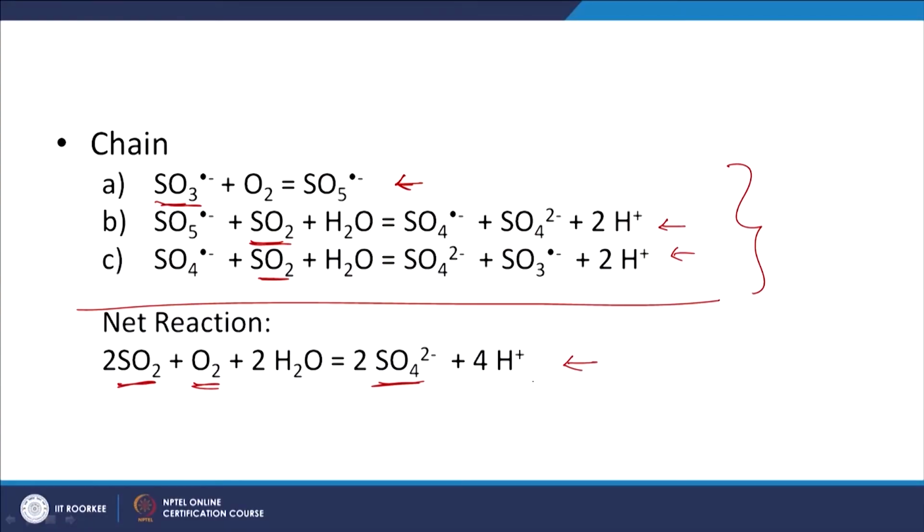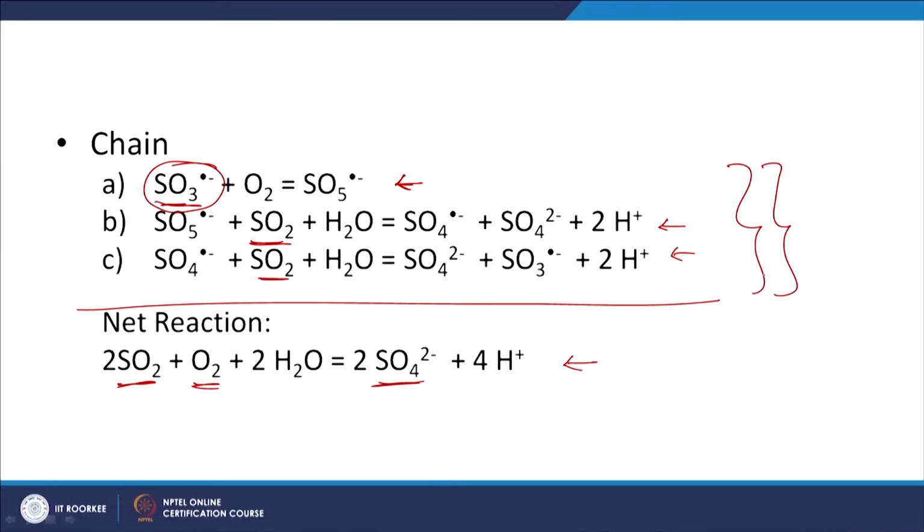And the key here is that in this particular reaction we are not consuming or leading to loss of your sulfite anion radical, right. What does that mean? If you are in this particular chain reaction, it is not a net consumer of your sulfite anion radical. So, the sulfite anion radical formed earlier is free, I guess, the concentrations are not going to be decreased due to these sets of chain reactions.